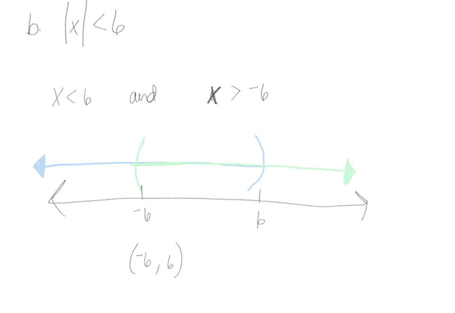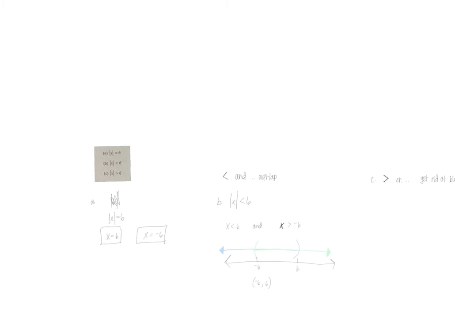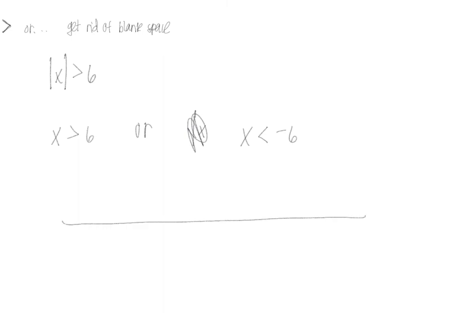Okay, and you might be thinking, oh, well, I can go ahead and do the OR part, right? And for real, if this problem were an OR problem, the answer would be from -infinity to infinity, because there's never a blank space. But you can't just do that for part C. You got to actually go work it. So part C, it says absolute value of x is greater than 6. So x is greater than 6, or x is, whoa, Johnny, don't write your absolute value bar. X is, flip the symbol, change the sign, draw a whole other number line, put your numbers in numerical order,